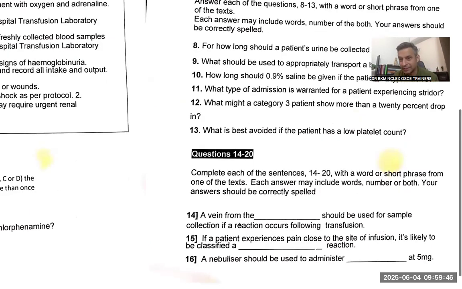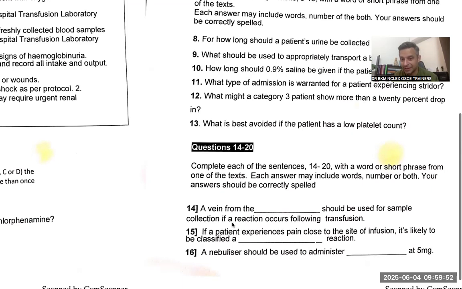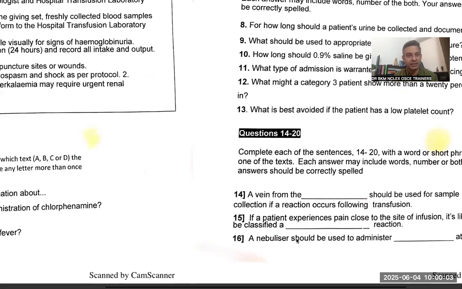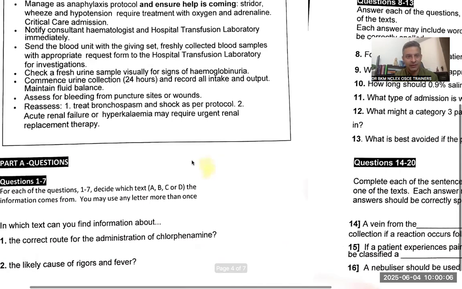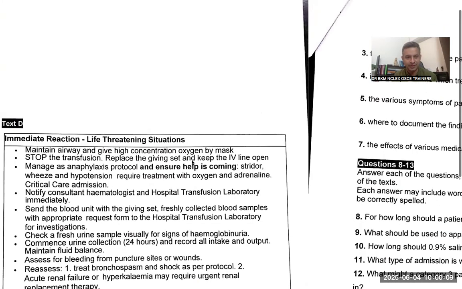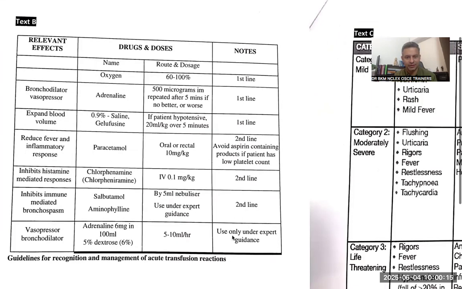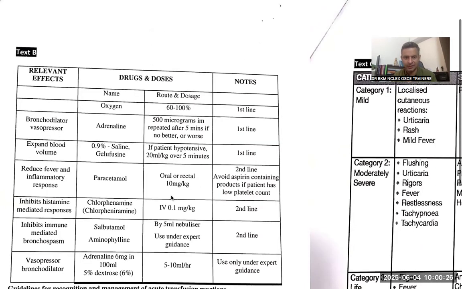Away and dash from the, again, see the importance of prepositions. Article a, preposition at. This is what I taught you today. This is something that's going to make your life easy. Suppose I say a nebulizer should be administered at 5 mg, so I just have to find the word first, 5 mg. 5 mg nebulizer, if it is given somewhere. 5 ml, sorry, nebulizer, 5 ml. Here it is given, and it should be at,